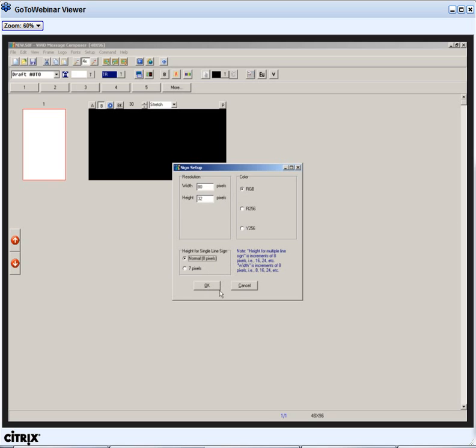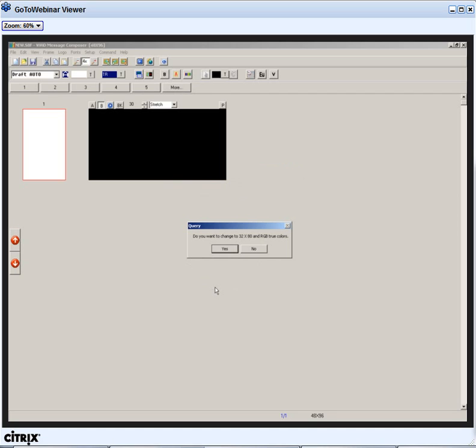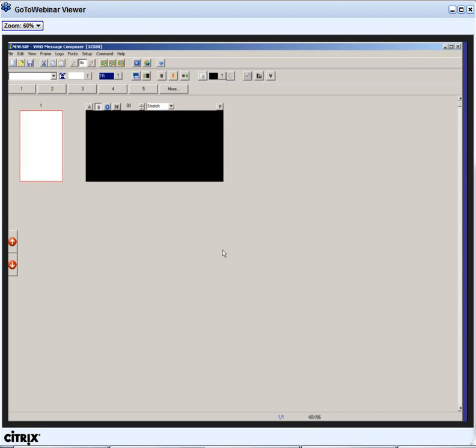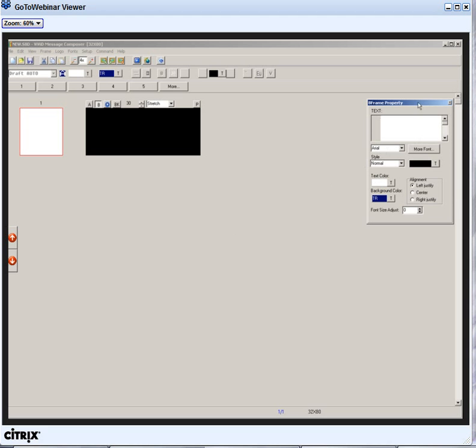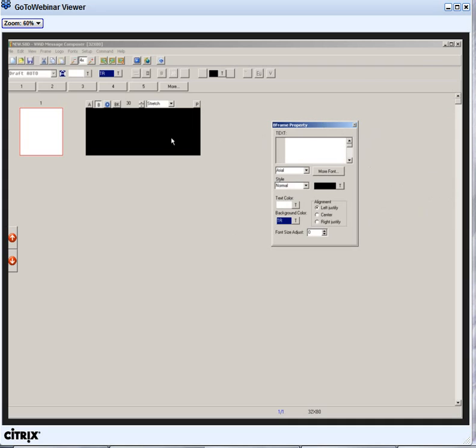And once you have that set up, everything looks good, just hit OK here. And it's going to ask you if you want to change your sign to that matrix size and the color type. You're going to hit yes here, and it's going to format it to your size. So I'm working on a 32 by 80,